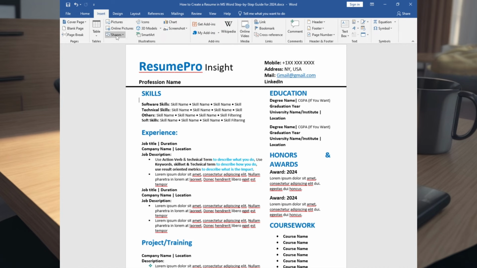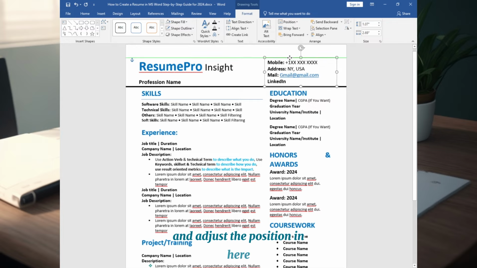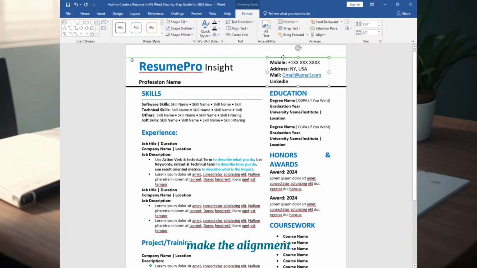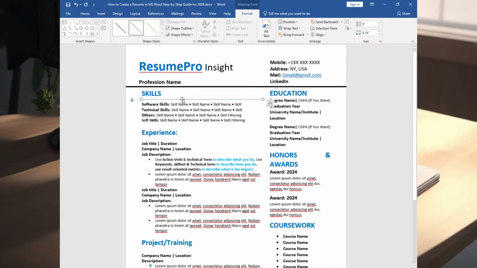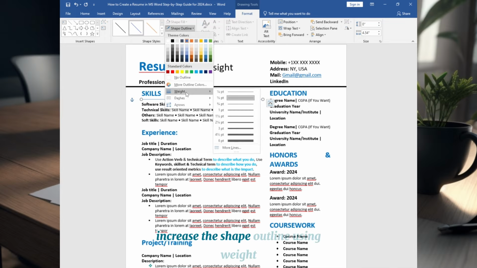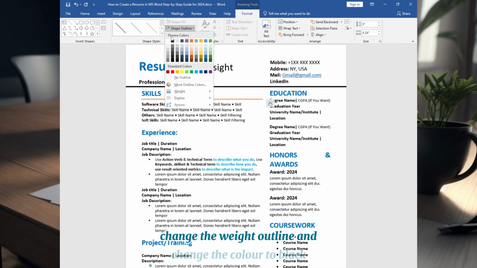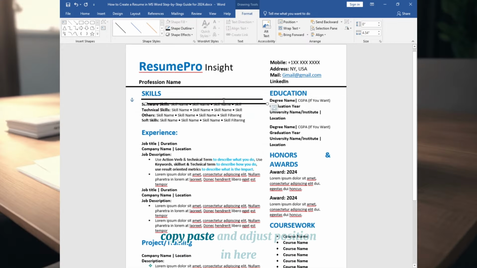Go to Insert, select Shape, select this line again, draw the line, use Shift to make it straight and adjust the position in here, make the alignment, and increase the shape outline using weight, change the weight outline and change the color to black. Now copy paste and adjust position in here,